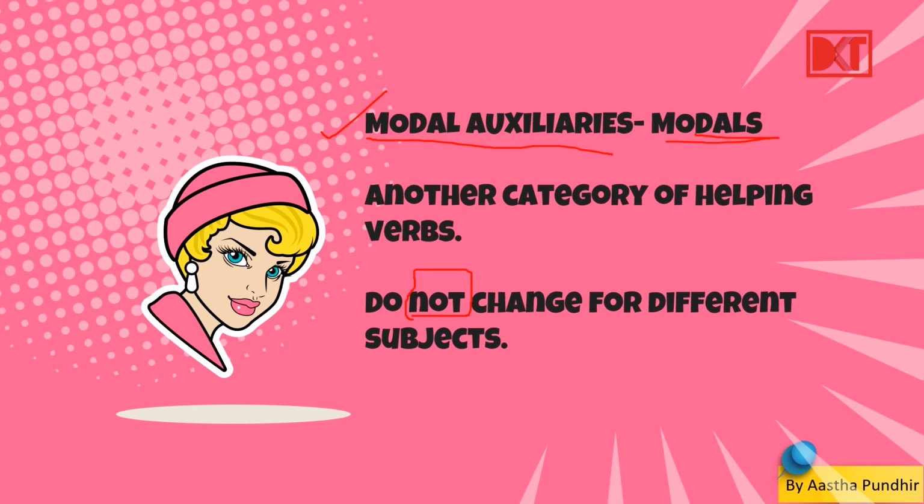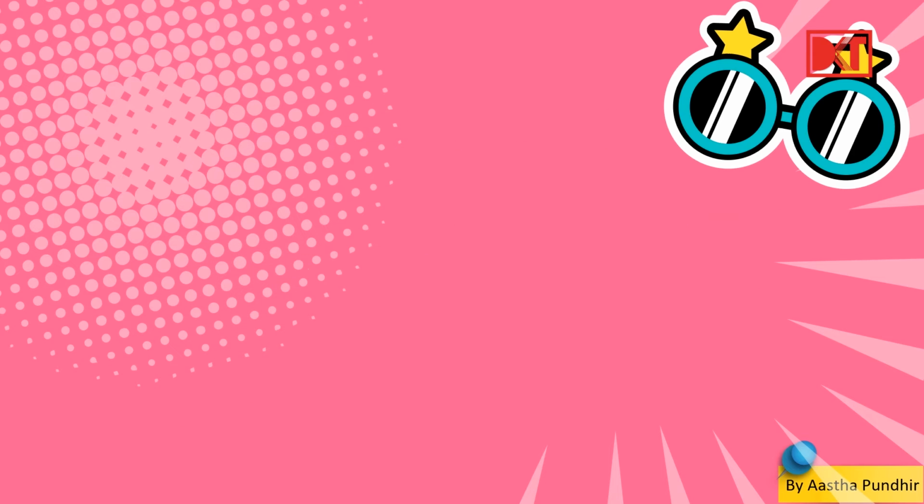Like when we have to be. Now, to be can be called an auxiliary verb, so it changes accordingly with the subject. Like with I we use am, with he we use is, like that. But these modals don't change for different subjects and they are another category of helping verbs. What are their jobs and what do they help us do? What do they help us hint? Let's see that.